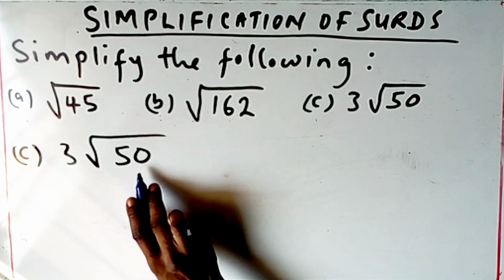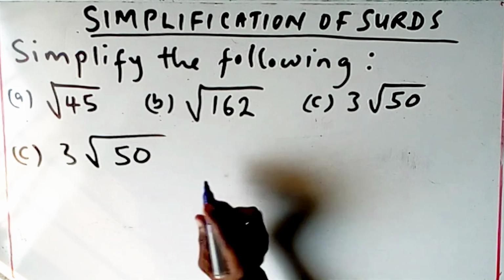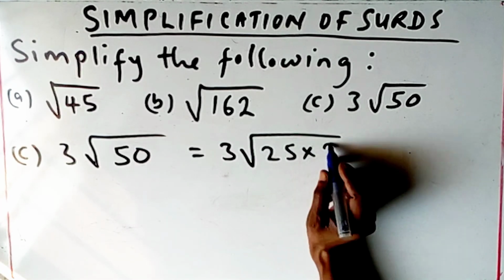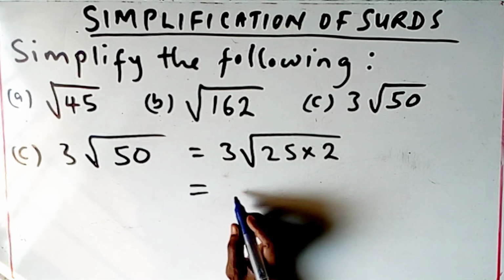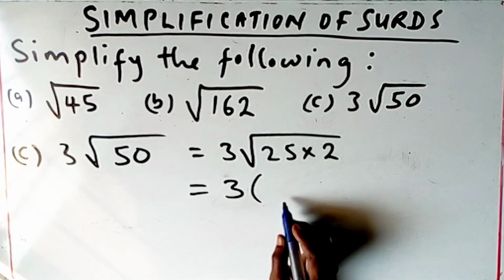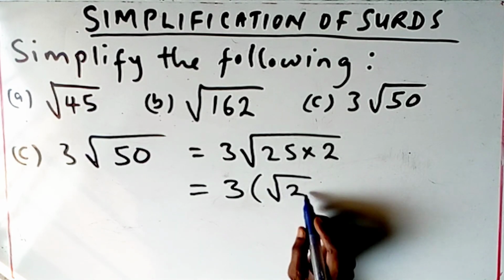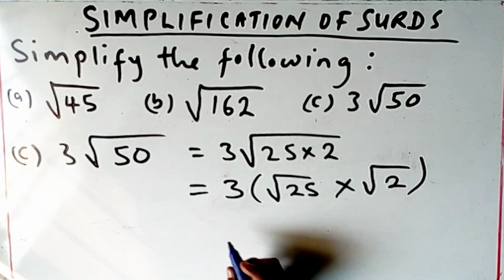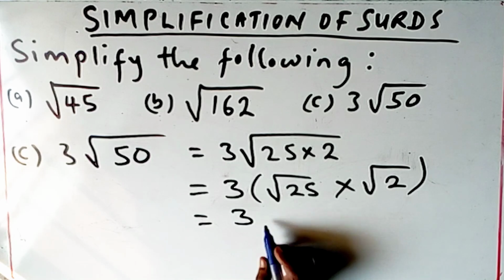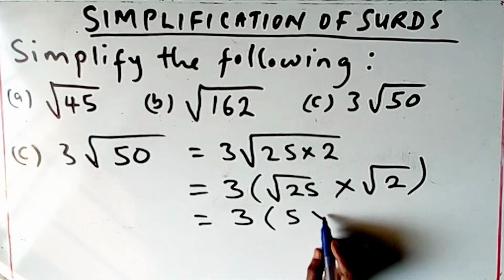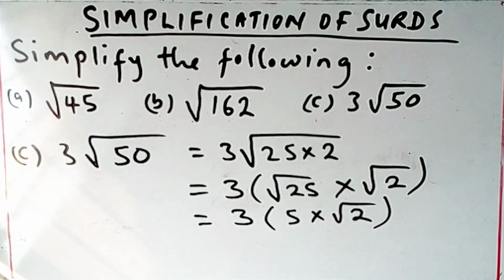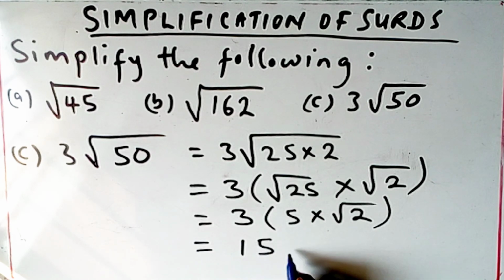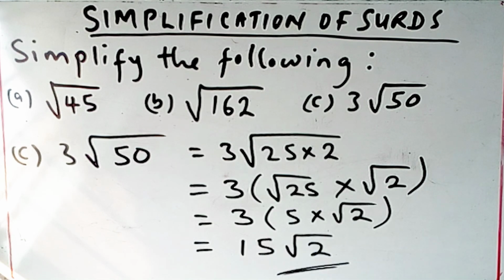Look for two numbers. When you multiply the two numbers, you get 50. One must be a perfect square. Don't forget that. So 25 times 2 will give us 50. So then we say 3 into bracket root 25 times root 2. And as you know, square root of 25 is 5. That is what you can see on the board. So then when we did that, we use 3 to open the bracket, and the answer will be 15 root